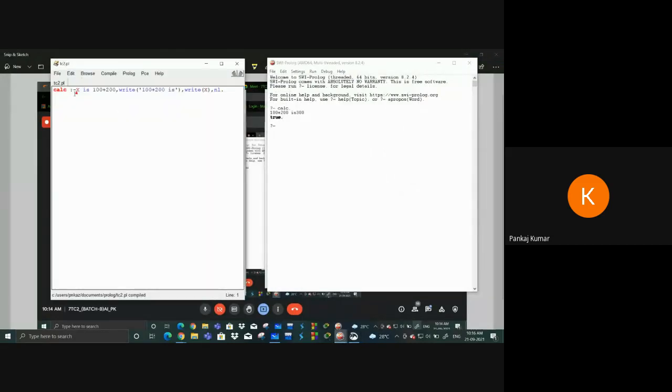Same process. Suppose I'm going to define. Now see, here suppose I stop this one, I'm putting a comma and then pressing enter. So it will continue. When it will stop, when it gets a full stop, a dot. Okay, so that is the end of that line. Suppose I'm putting a comma, that means it will start reading. So it will start reading object number 1, 2, 3 like that.